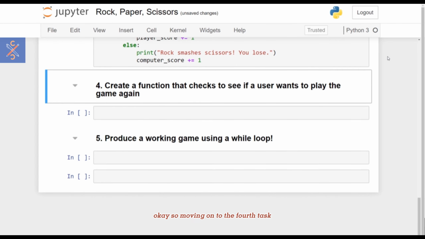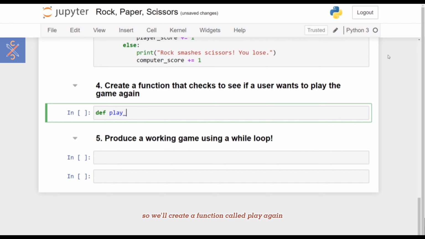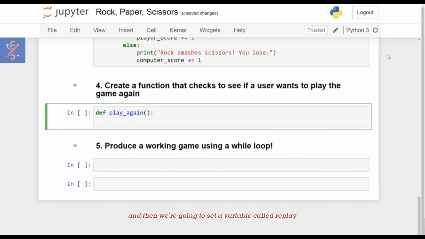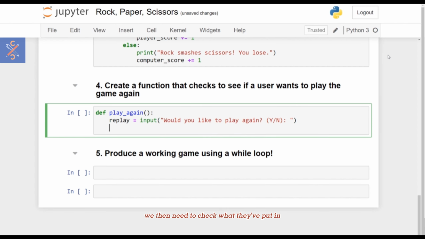Okay, so moving on to the fourth task, we need to create a function that checks to see if the user wants to play the game again. And we've seen this before, so we can quickly go through this with hopefully very little issues. So we'll create a function called play_again, and then we're going to set a variable called replay and have this set equal to the function input with the message, would you like to play again? With some guidance that we want to either receive a Y or an N, so we'll put brackets Y/N and then a colon. We then need to check what they've put in, so we'll go if